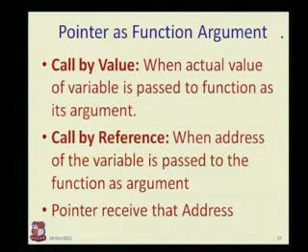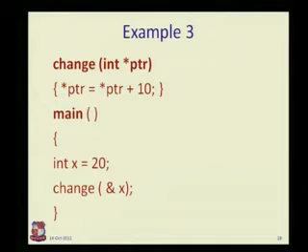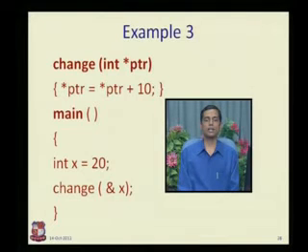In the first part I am directly passing the value of the integer, in the second part I am passing the address of that integer. So now when I pass the address, I say it is call by reference. That means now I have to use a pointer to receive that address, because a pointer can easily handle addresses. So let's see an example of this. Change I have declared as a function, and it is taking the argument int star ptr. That means it is taking an integer pointer argument. What I have done in this is star ptr is equal to star ptr plus 10. Means I am adding 10 to the ptr value.